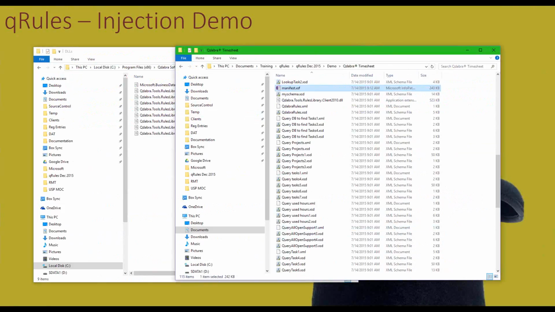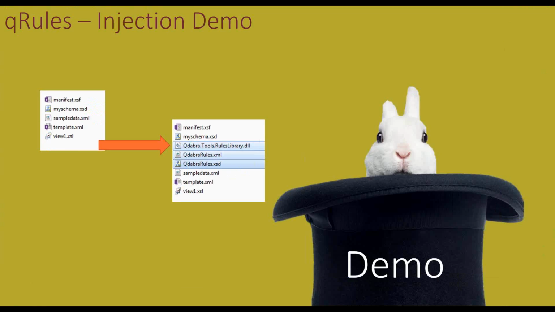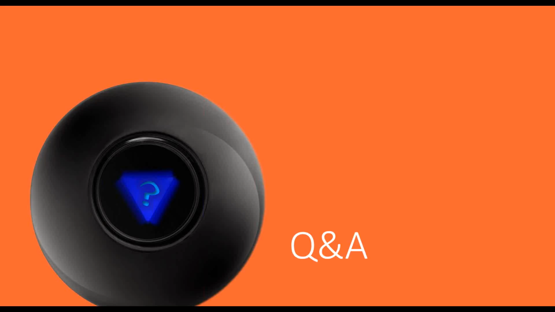Okay, so that is that as far as the demo goes. I wanted to make sure we had a few minutes for any specific qRules issues any of you are having. So this is kind of a speak now or forever hold your peace moment, but does anybody have something in particular they're working on using qRules right now that they have a question about? And feel free to chat or unmute and let me know if you've got a question.